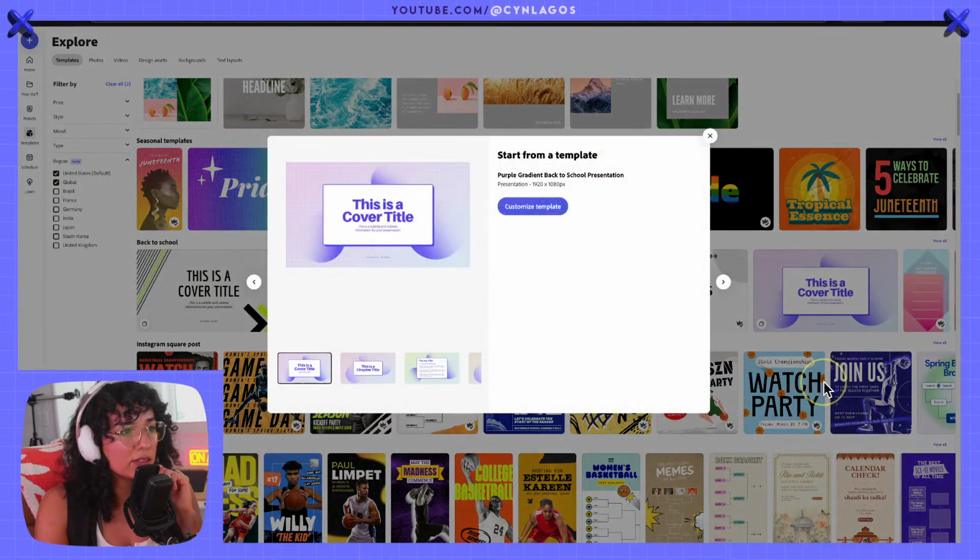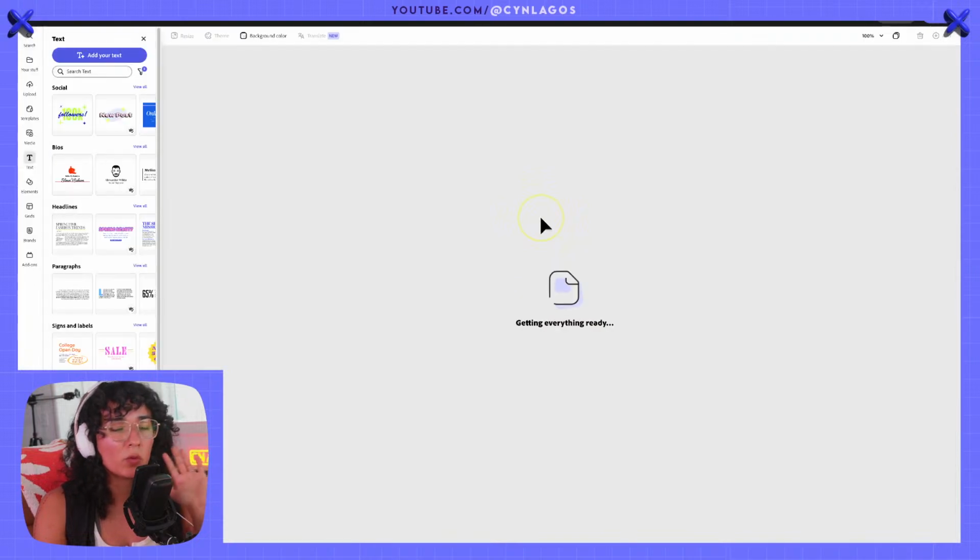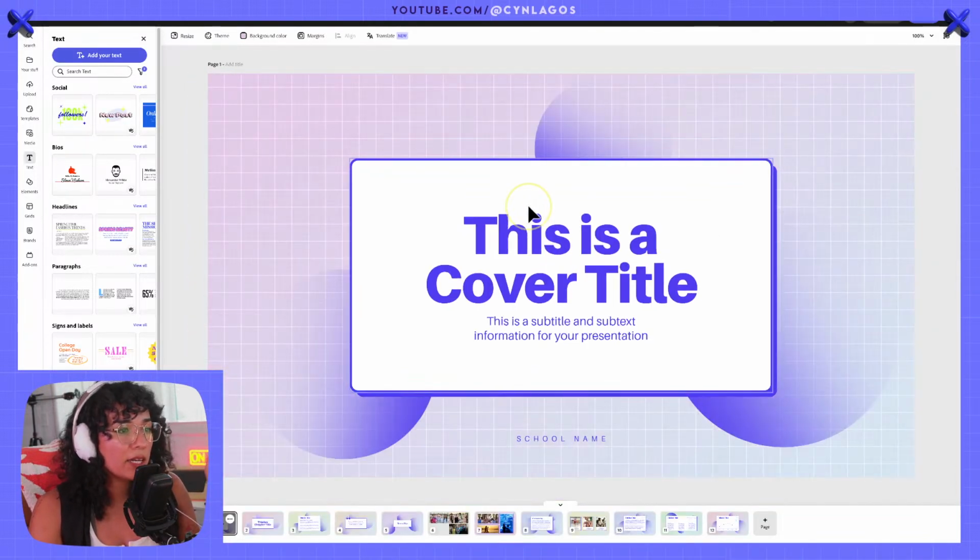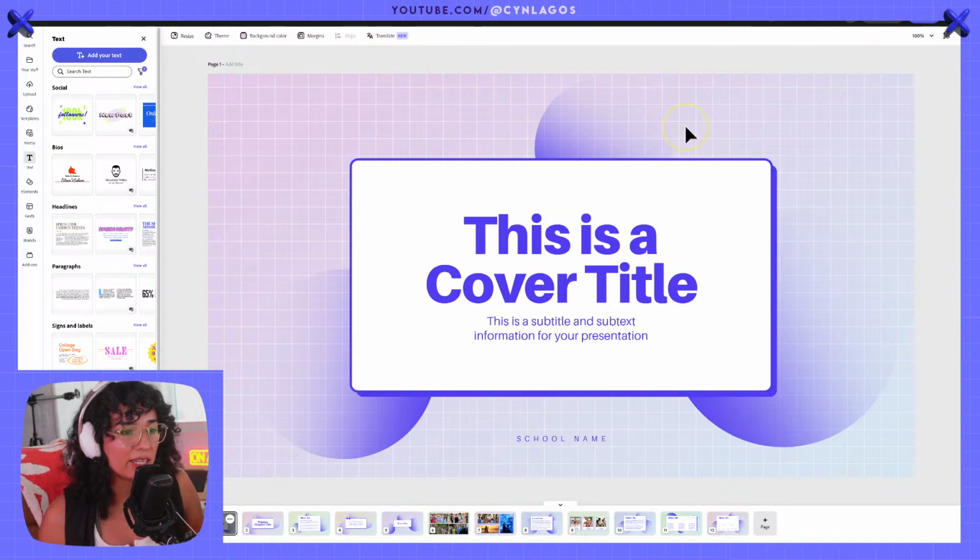Let's click on that. So that is a 1920 by 1080. But all of the assets are editable, which means I can make it whatever size I want and fit it to whatever needs I have. So I love this. This actually really fits my branding. I love using grids. I love using gradients. This is really nice. I like it. And I have to start from scratch.